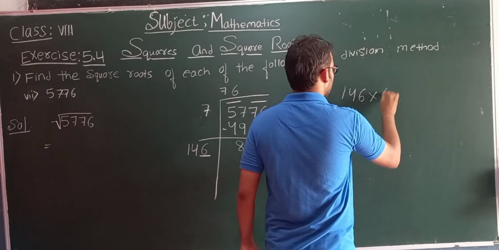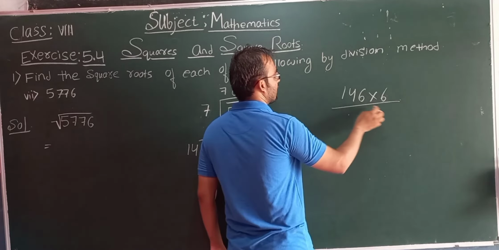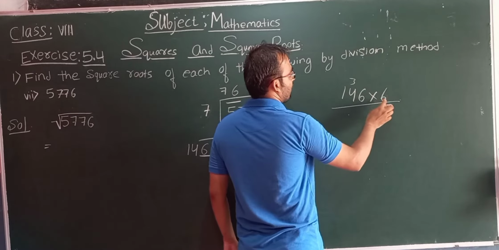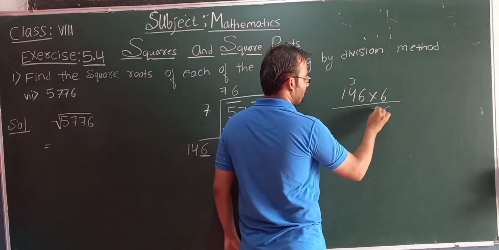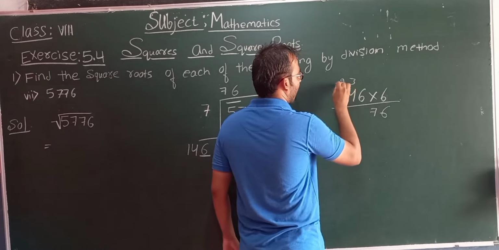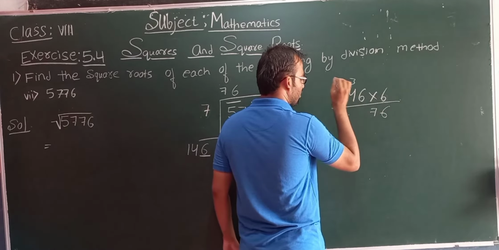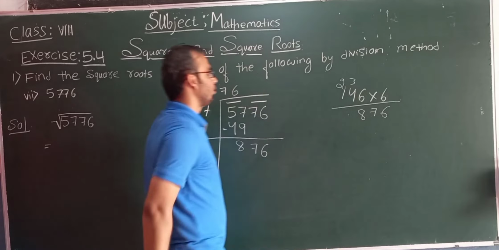146 into 6. 6 sixes are 36, 6 carry 3. 6 fours are 24, 24 plus 3 is what? 27. So 7, here 2 carry. 6 ones are 6, 6 plus 2 is what? 8. Okay, so look at here students,